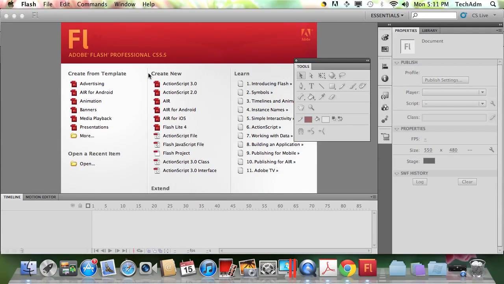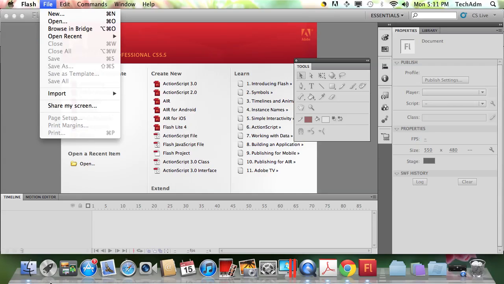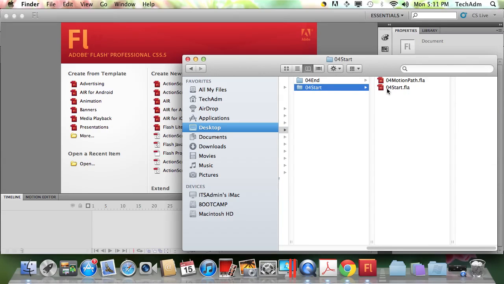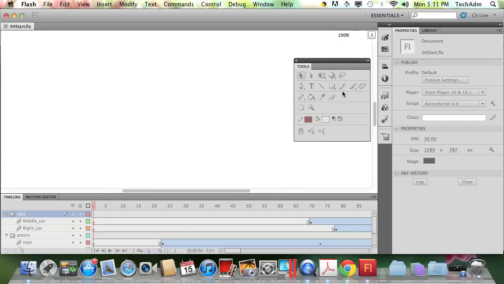Okay, so let's just open up our start folder. So we're going to come over here and we go to start folder, and we're going to open this file here, 04 start FLA. And as you can see here,